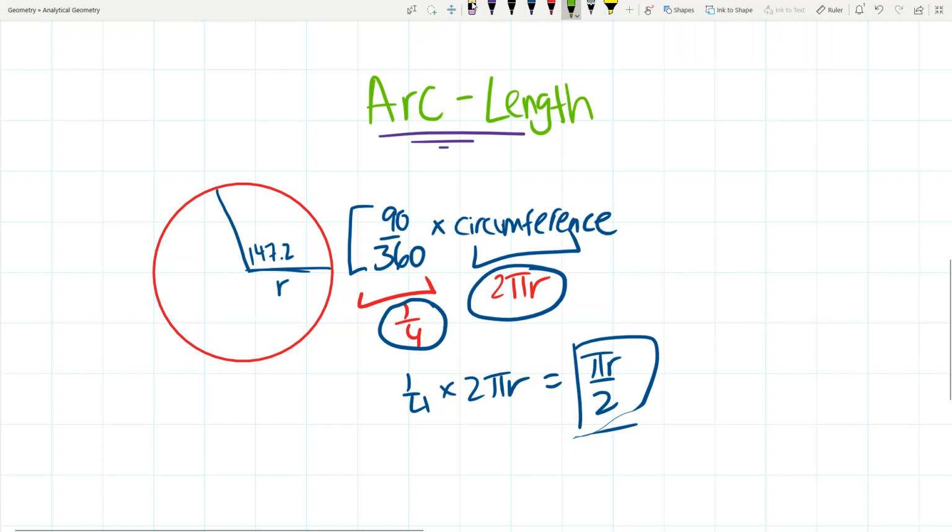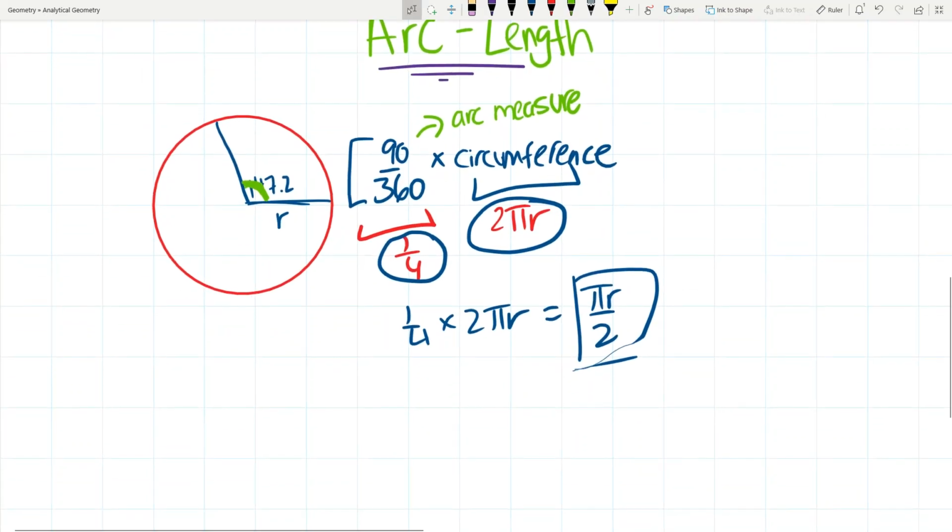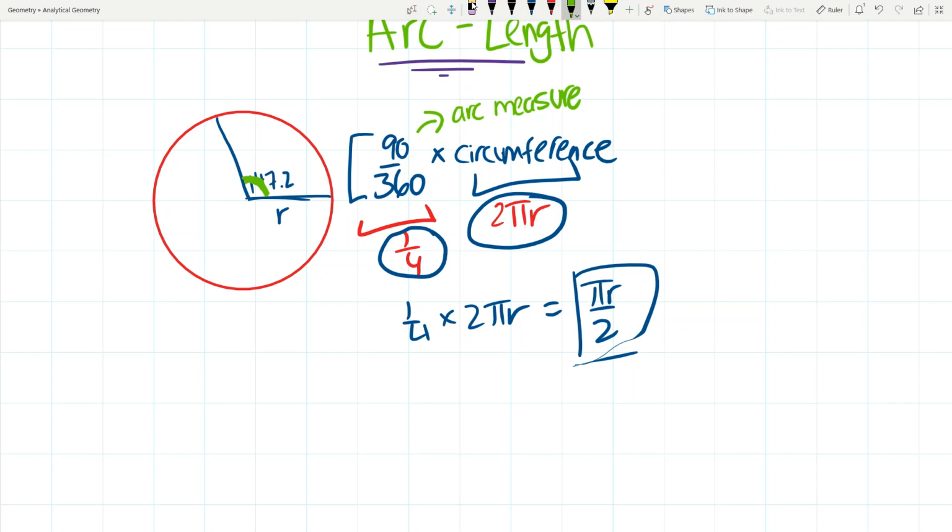Let's break this piece apart. 90 degrees is something called the arc measure. The arc measure is basically this measure, the measure in degrees of the arc. So we can conjure up a formula as the arc measure over 360, the total degrees of a circle, because this whole length is 360,